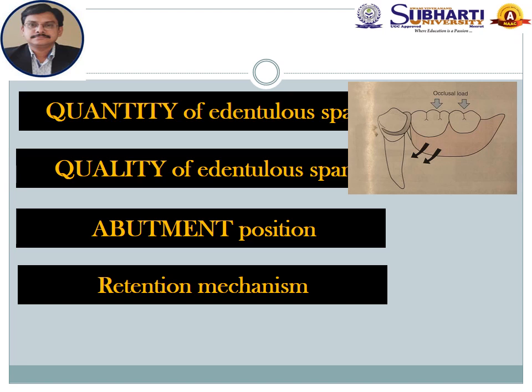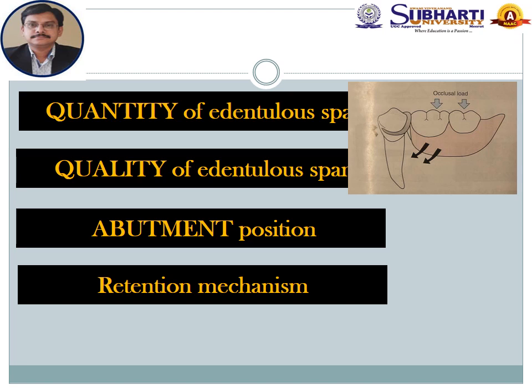Similarly, quality of edentulous span says how is the histological behavior of the soft tissue beneath the RPD. That means whether the mucosa is keratinized, non-keratinized or parakeratinized. If it is keratinized, it can take up a maximum amount of load. It can bear the forces without transmitting much force.